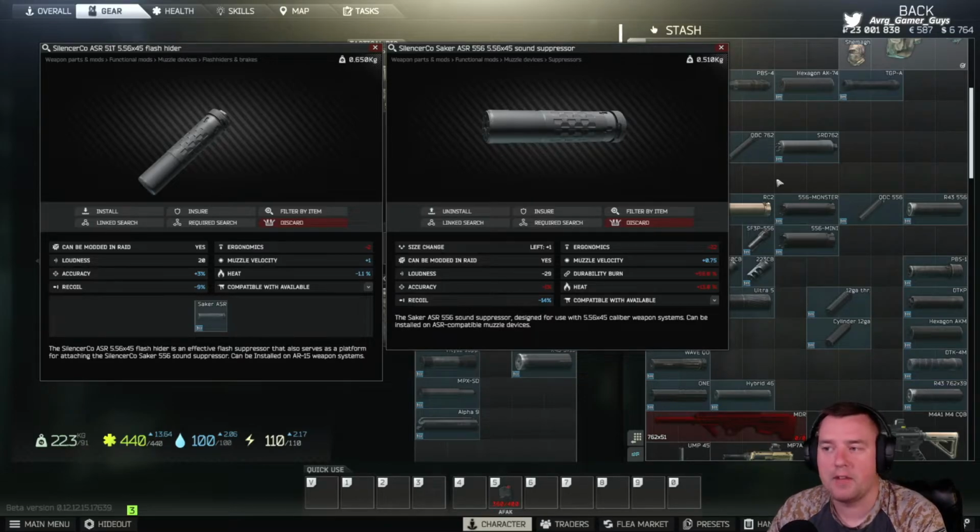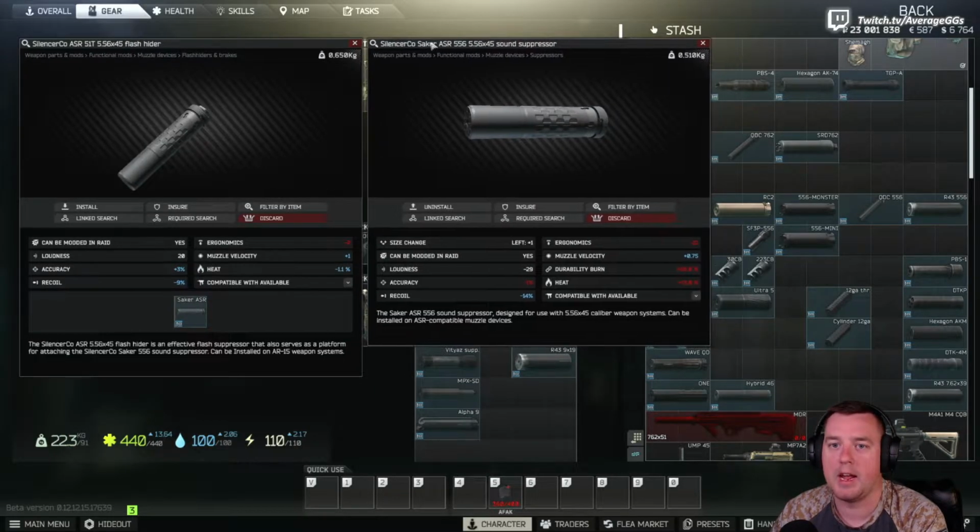You're going to see that 5.56 and 7.62 by 51 have the biggest span of total available sound suppressors and muzzle brake flash hider combos. So keep that in mind when you're looking at this and building your weapon. It takes a little bit, especially as you jump into modifying your weapons, to get a hang of this. But like I said, the best one here, in my opinion, for this specific category alone,